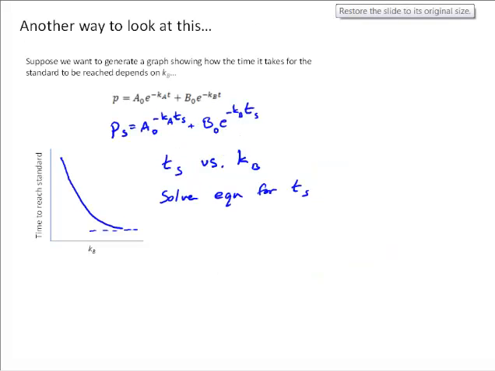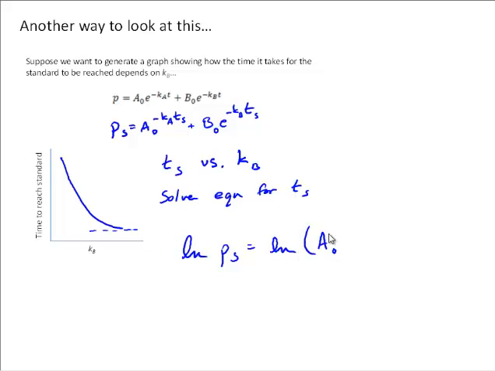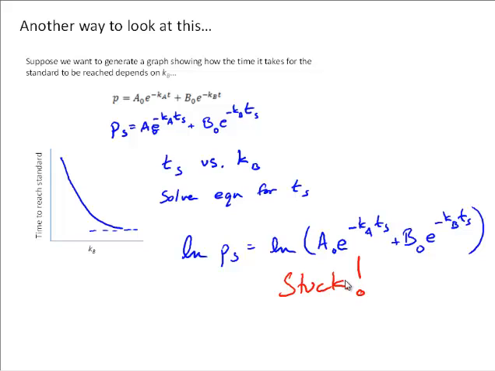So if we wanted to solve that for TS, we need to get that t out of the exponentials. The first thing we might do is take the natural log of both sides. Just the e there. And we're kind of stuck because there's no way to simplify that right hand side, and we need to separate these,